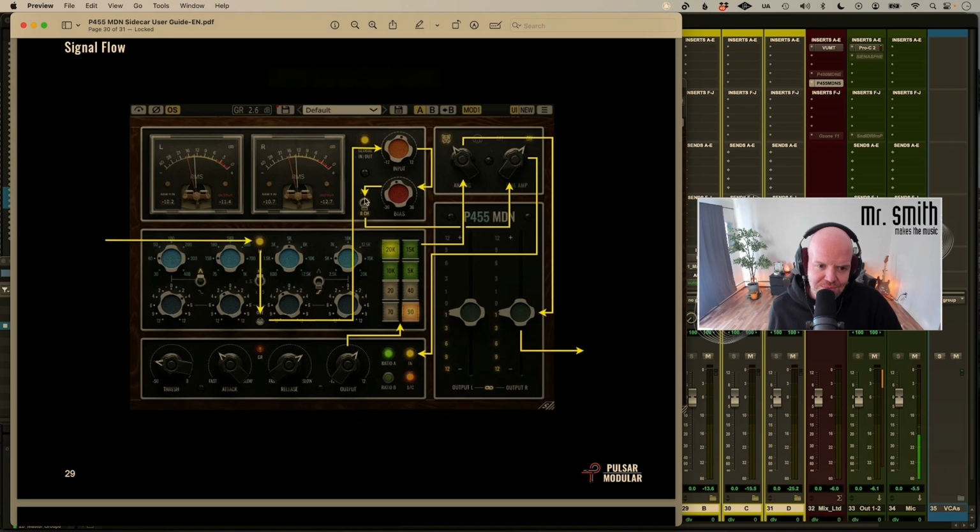Then we go into our summing options. You have a 2-channel or an 8-channel summing option, and the 8-channel is 4 stereo pairs, and the 2-channel obviously 1 stereo pair. Out of that, we go into our line amp, which we have the option of having on or off. We come out of the line amp and we go into our compressor, and the compressor on this